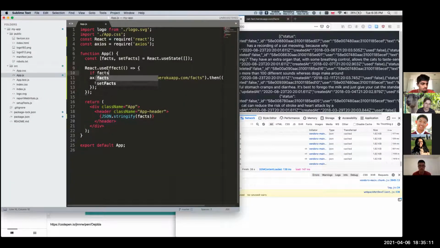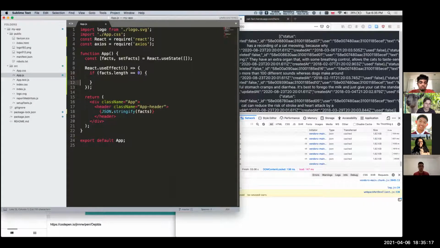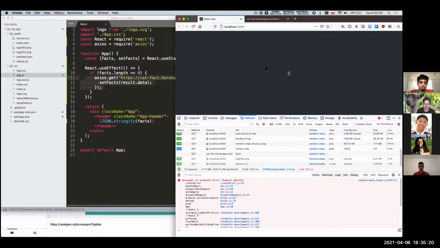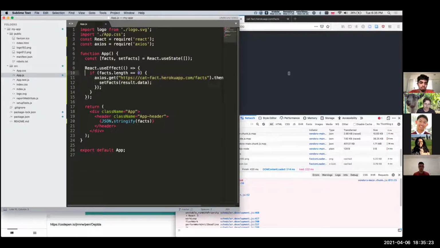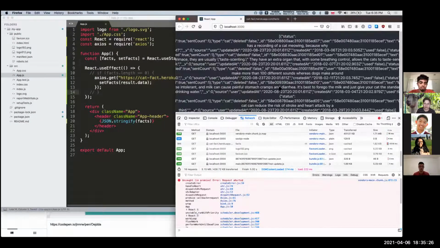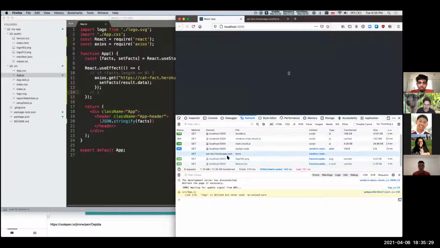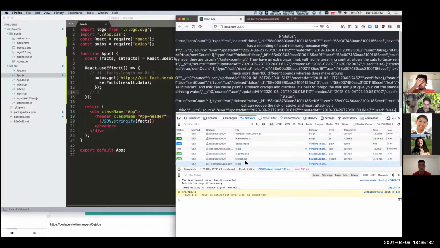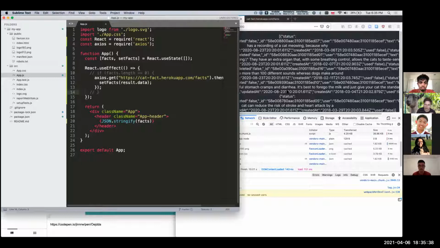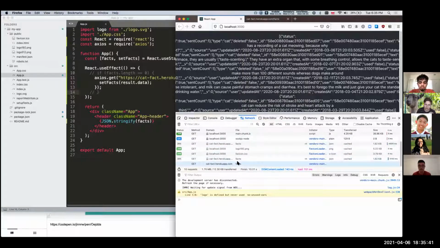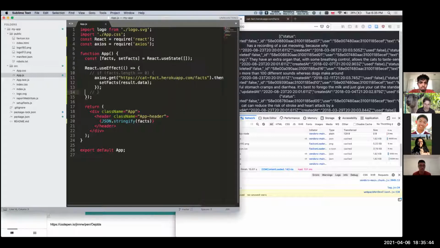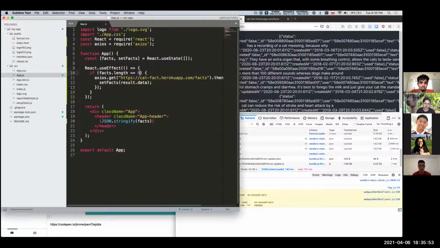Then right after that, of course we're doing this, which we shouldn't do. Like if facts.length. So what was happening there, I don't know if you guys noticed, but we kept making requests to this cat facts website. This is the network monitor, and you can see it just keeps going, because every time after we render, it does another request. And so we were making a request, rendering, setting the state again, which is causing us to render again. Anyway, here we'll only make this request when there are 0 facts,